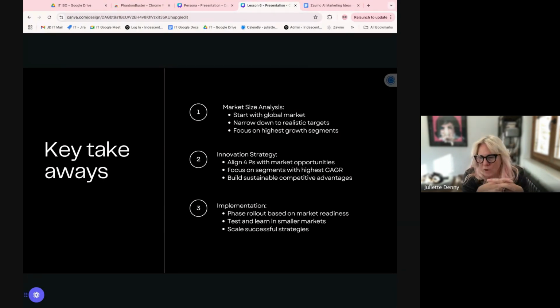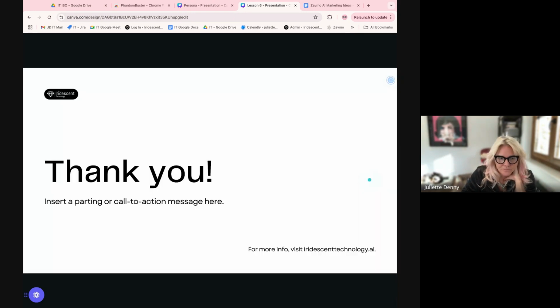And then, of course, when you're doing these things, as we learned from the Lego case study, some things don't work. Okay, some things don't work. So let's not pile everything into it. Let's find some easy ways to test out the market, to test out the innovation that we're doing, in order to see whether we have the competence and the market has the readiness to buy that off us, right? So we're not suggesting that we pivot entirely and stop doing what we were doing. We're saying do it in a measured way, but make sure you know where you're going, and you should be going towards the highest growth rate areas.